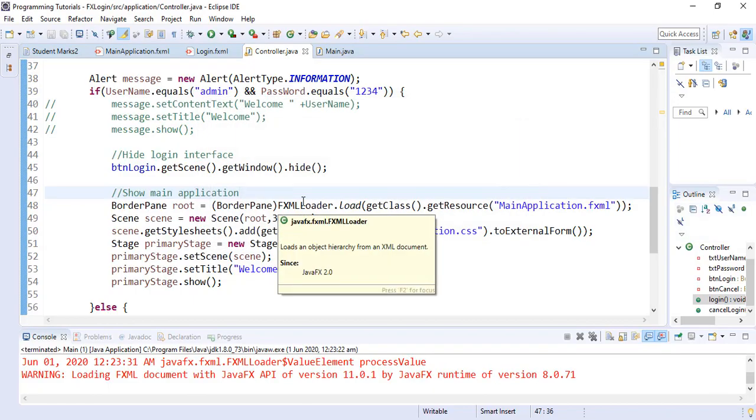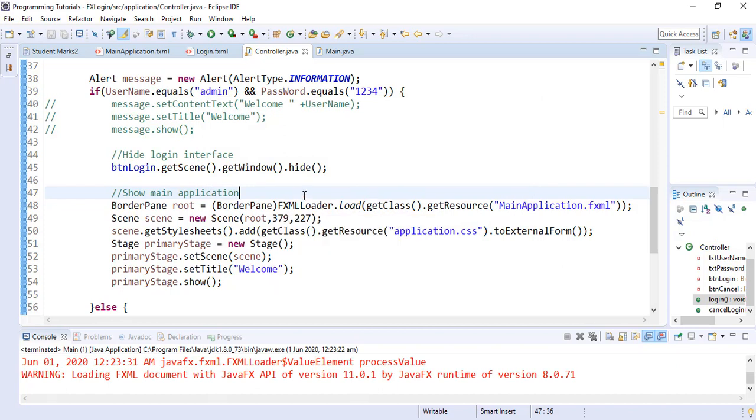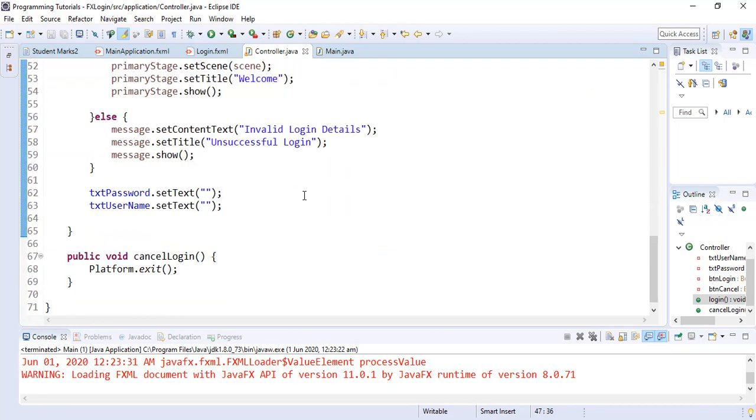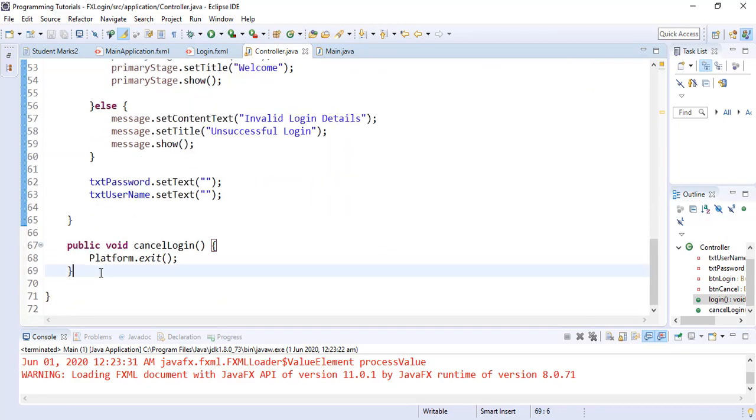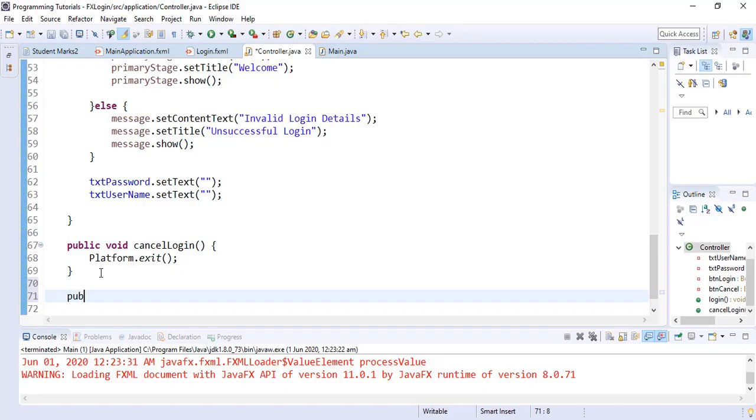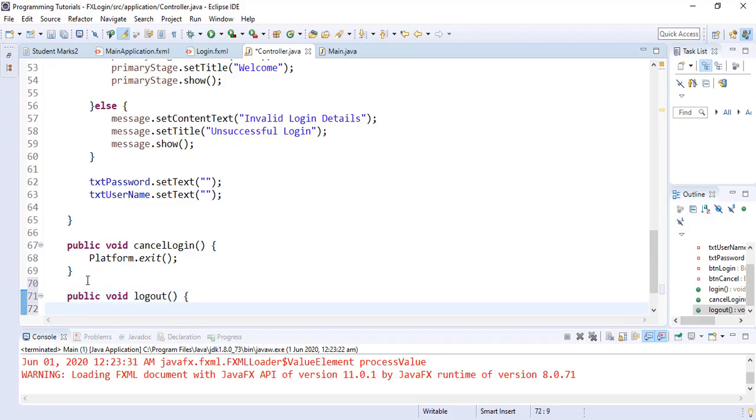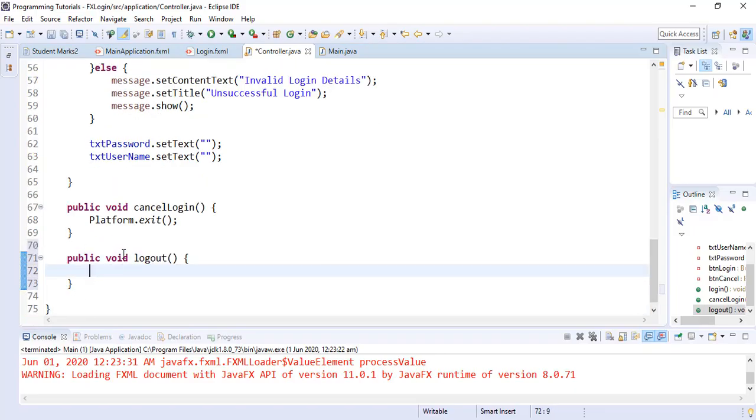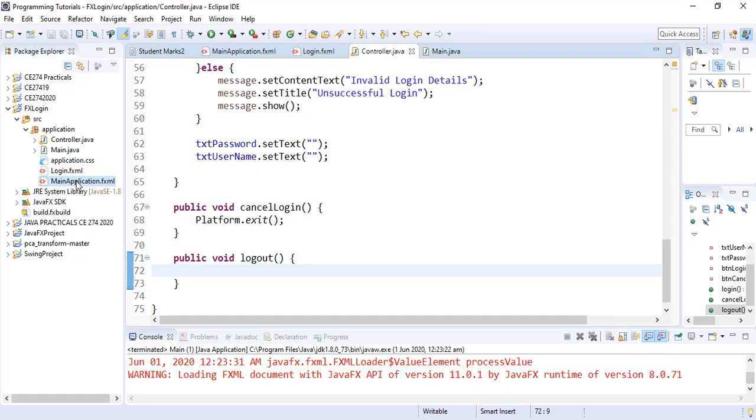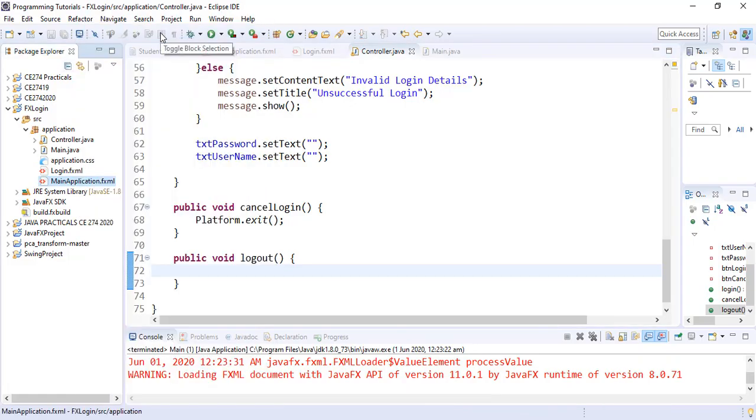Before we can do that, we need to ensure that our logout button has a name and is being linked to a method in the controller that will handle the logout. So first of all, let's just write a method called logout. So public void logout, and we would come later to write the code. We save this one and we go to the main application.fxml. We open with scene builder